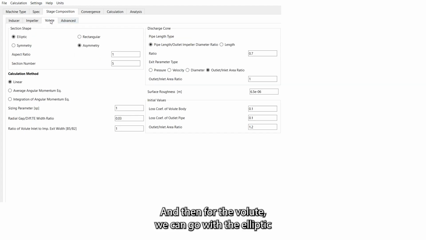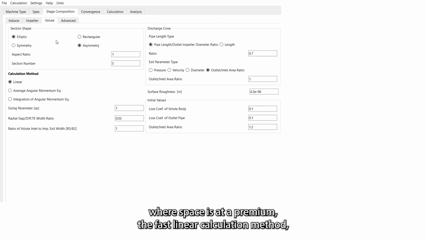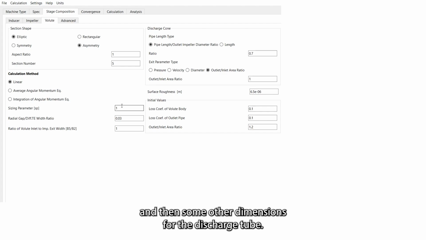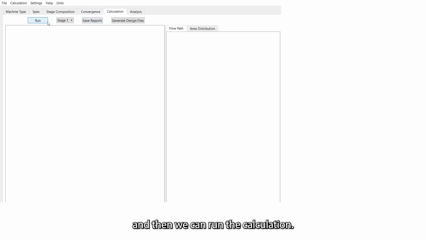And then for the volute, we can go with the elliptic asymmetric section, which is commonly seen in turbopumps, where space is at a premium, the fast linear calculation method, and a sizing parameter of 1 for perfect conservation of angular momentum, and then some other dimensions for the discharge tube. Now we don't really need to change the convergence parameters, and then we can run the calculation, and in just